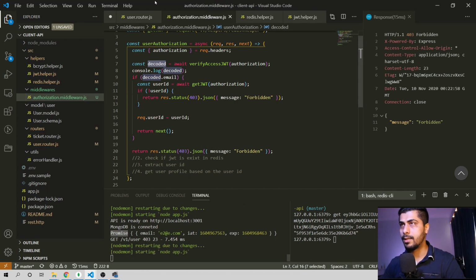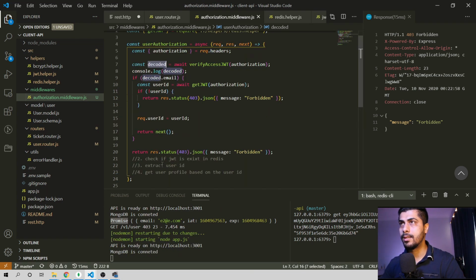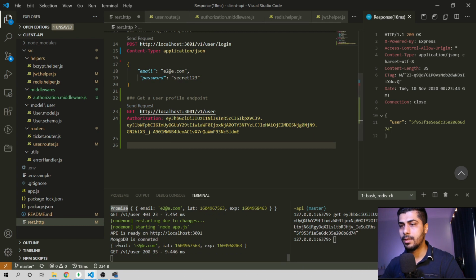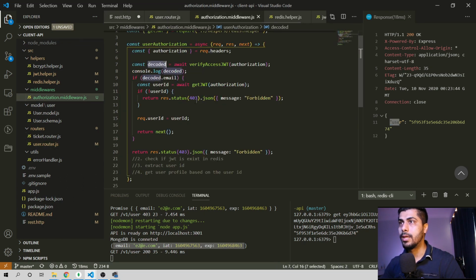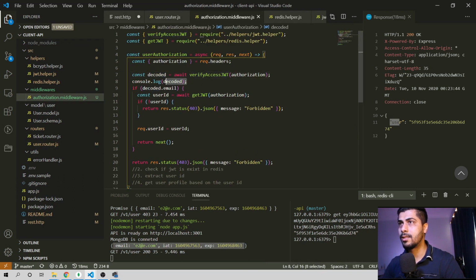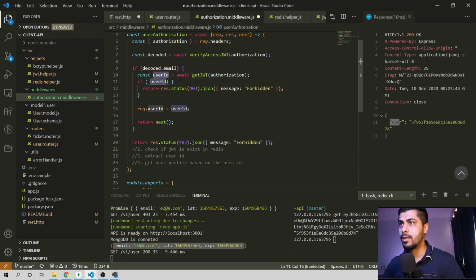Now if we save that and send another request, there you go. Now we have data coming and we have a user ID. We got the user. So what happened here? We have passed through this test. We don't need this now. Our token is valid, there is an email and the token exists in the database, and we have a user ID. If we don't have a user ID, we send forbidden. Otherwise, we have the user ID, which we added into our request header,